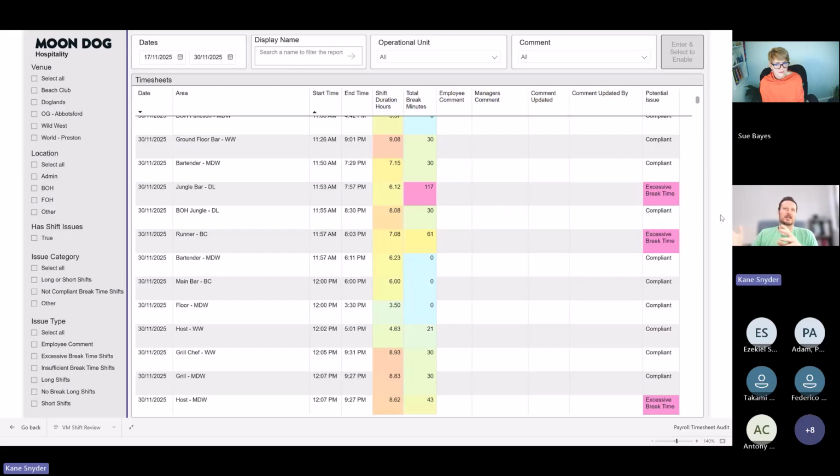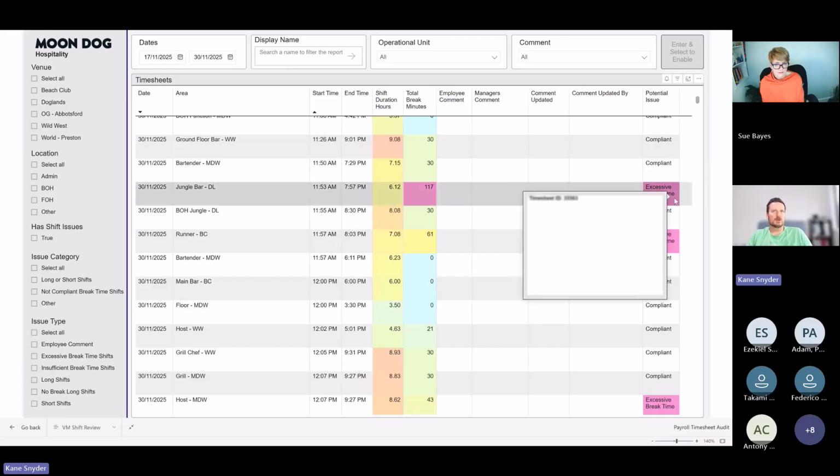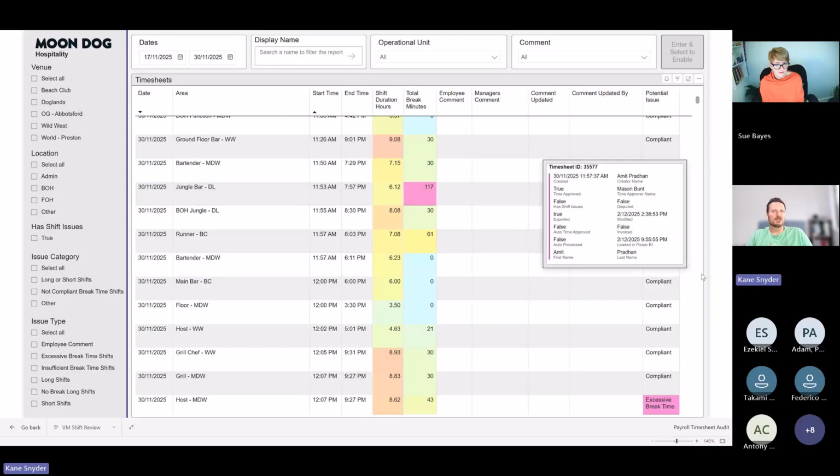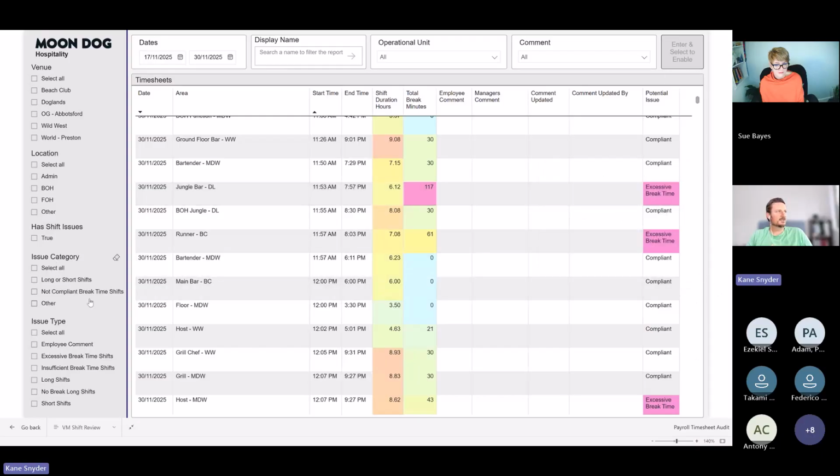It's a very classic business use case that before payroll runs, you need to audit timesheets and ensure that there's no issues. So what this does is it has a bunch of rules coded, not in DAX, I think this is on the ETL side, but it looks at all the start and end times and break time and says, is there an issue potentially with this shift? Like, was the break time too long? Was the shift too long? These are the conditions over here. The employee had a comment against it. There was a long break. There was too short a break.